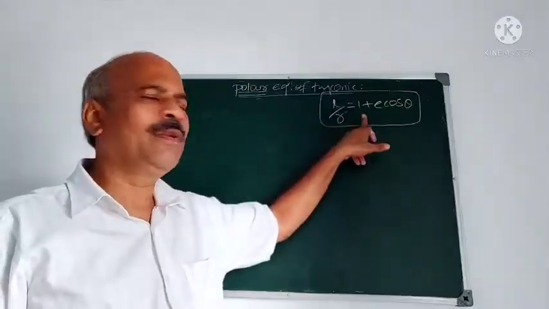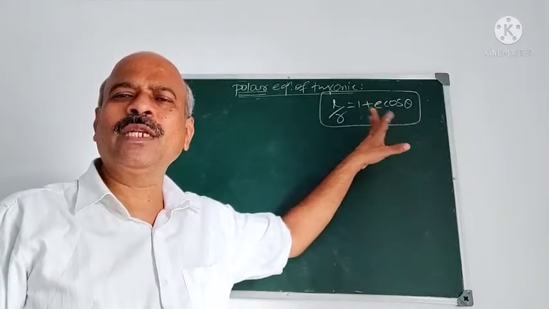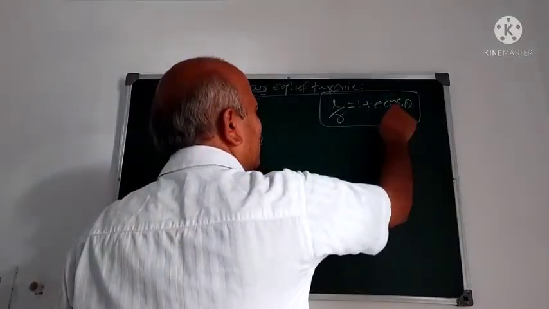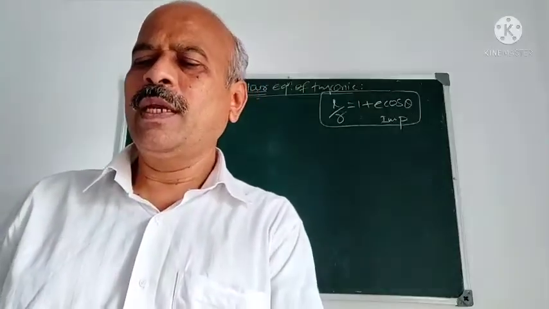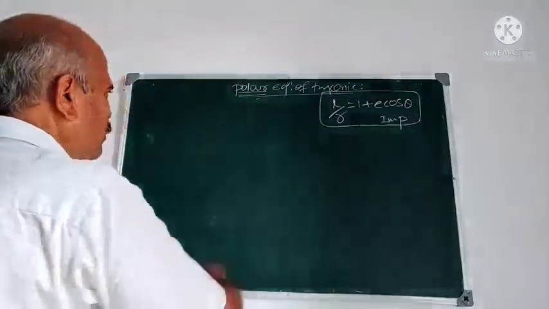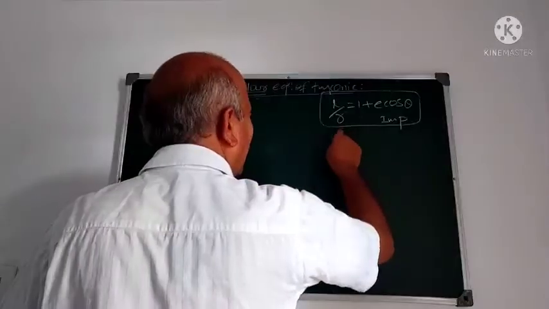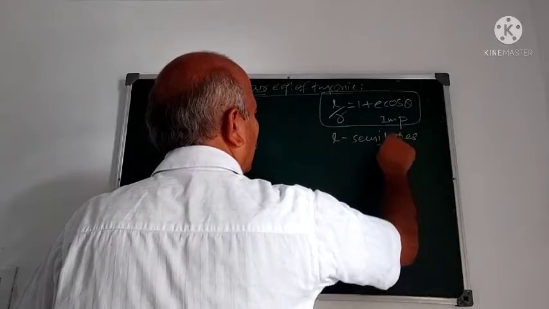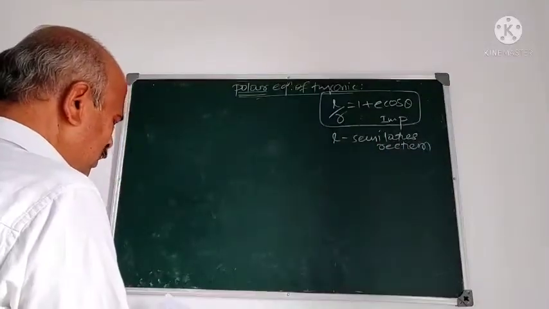And this represents different conics depending on the value of E. Suppose E is 1, it represents a parabola. E is less than 1, it is an ellipse. E is greater than 1, the same equation represents a hyperbola. Now from the exam point of view, this derivation is important. Derive the polar equation of the conic in the form L by R is 1 plus E cos theta. To derive this, what is L here? Important. L is the semi-latus rectum. We derive the equation.